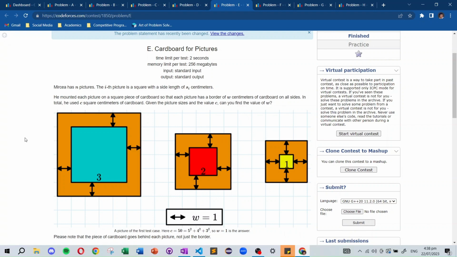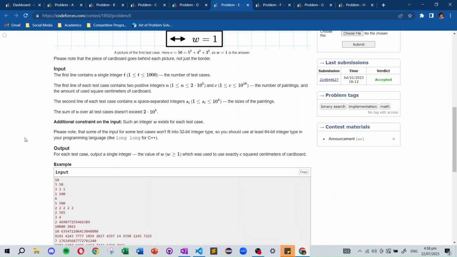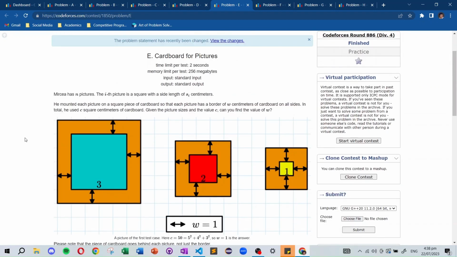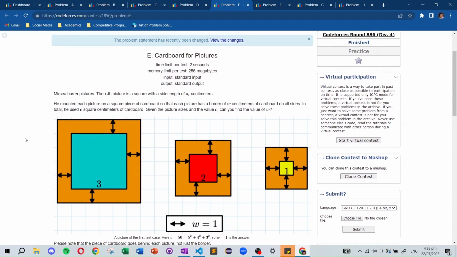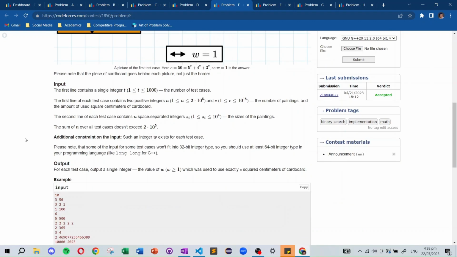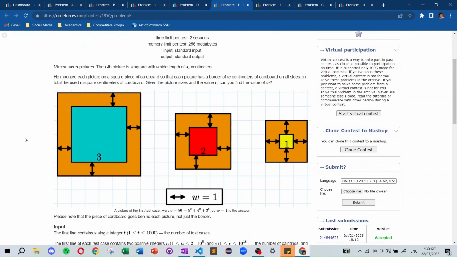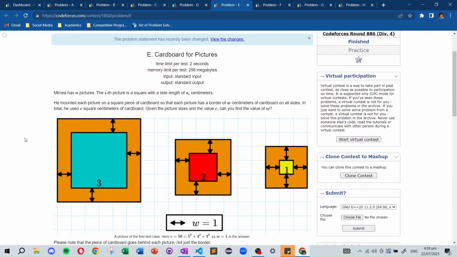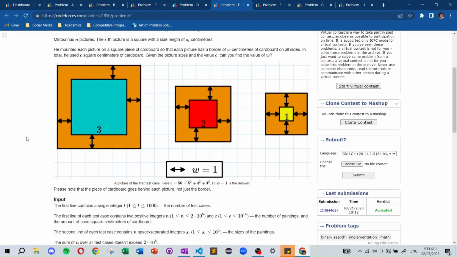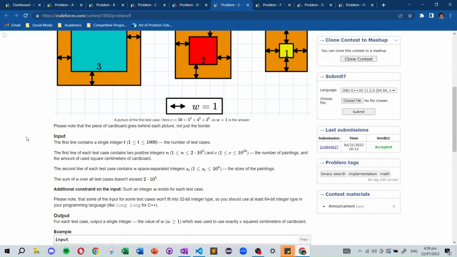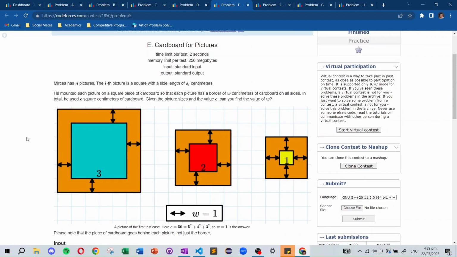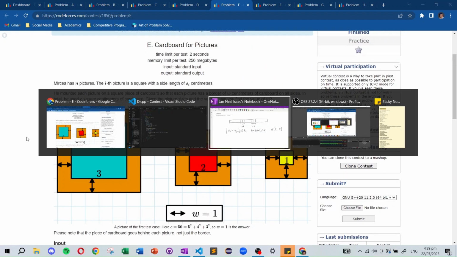So I read the editorial, and there are two ways to solve this. During contest, I solved it using math. Maybe there's other ways, but there are two main ways to solve this. I solved it using the quadratic formula, while the editorial mainly solved it using binary search. And the reason why binary search works is because